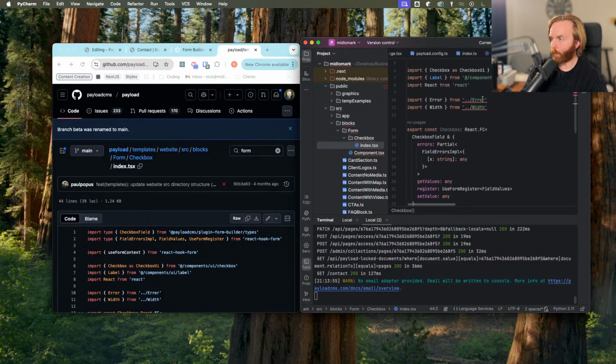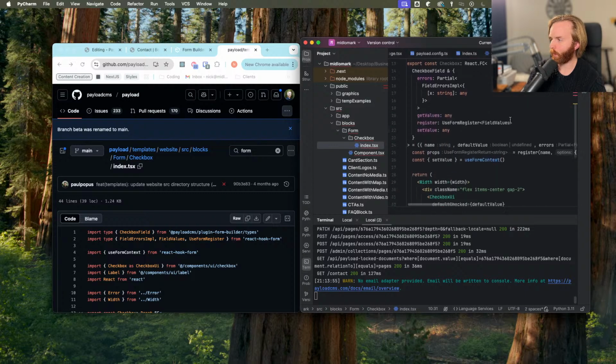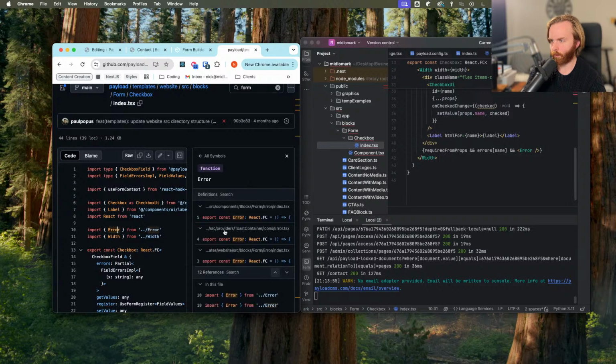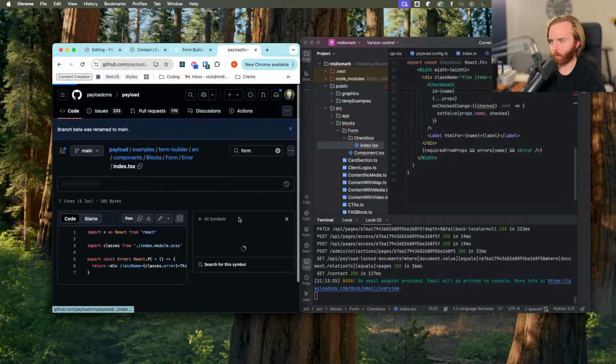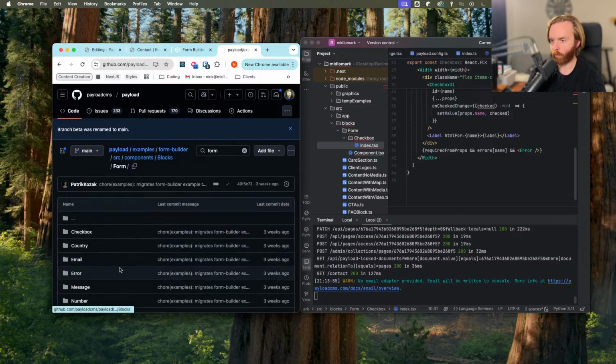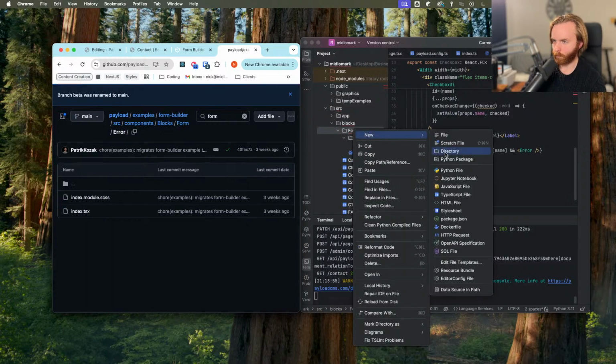And then I don't have an error, a width, or a checkbox UI thing here. But they do, so let's take a look at what these are. So if I go to error, all right, so form, error, so we'll start there. New directory,